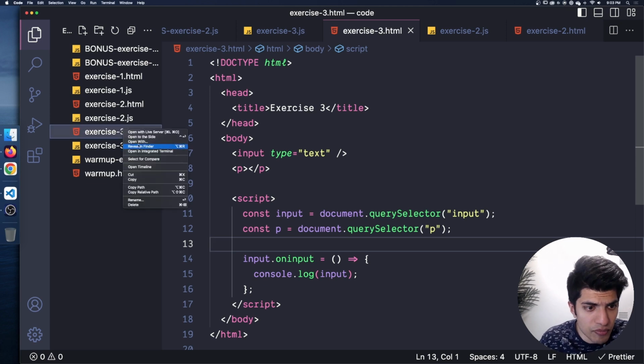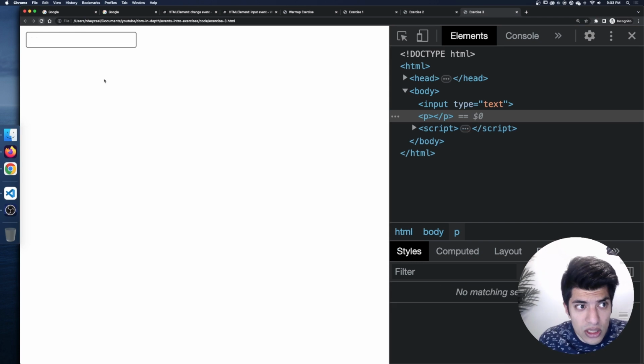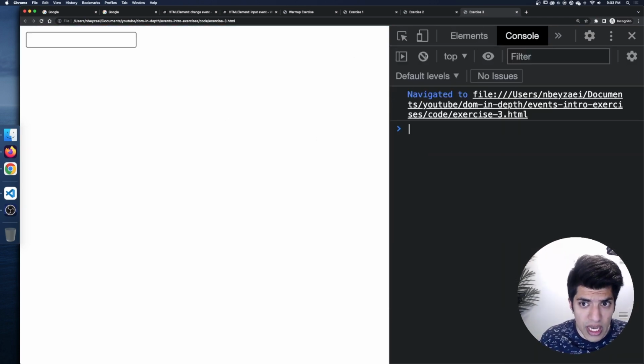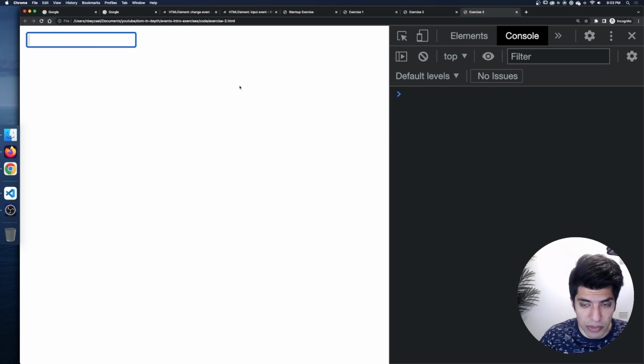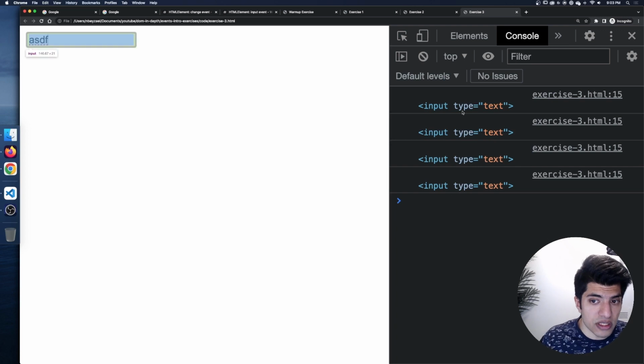So I'm going to come back to my browser here. I'm going to go back to my exercise 3. I'm going to reload the page. And I'm going to go to my console and start clicking in here. I'm going to start typing ASDF. Okay, so it looks like it's actually working, right? So the input event is actually firing, and we're getting the input element logged out to the console,